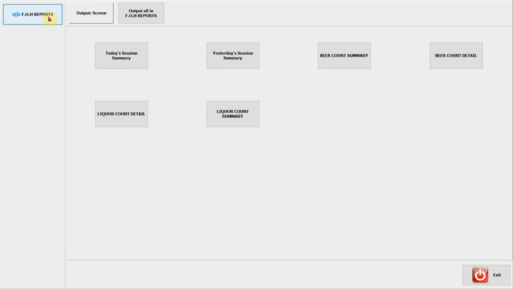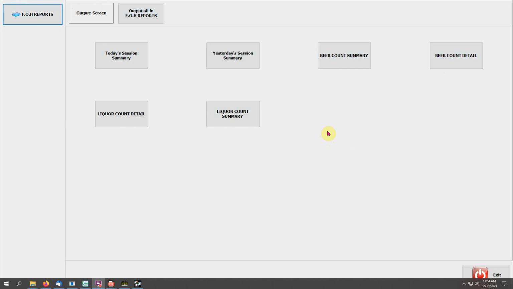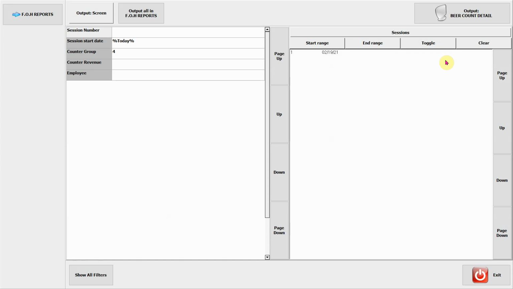To run a count report, let's say you count bottles of beer sold and ounces of draft sold in your restaurant. We can go to beer count detail or beer count summary, keeping in mind that detail shows detailed information of what you sold, and summary is just a summary. So we can click on detail, and we can see that it's automatically filtered for today's session, and it's automatically going to filter out by just the beer categories. We can then output,